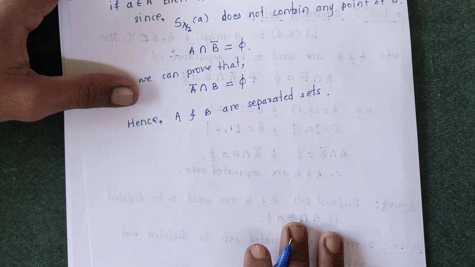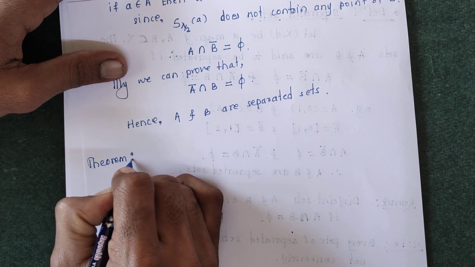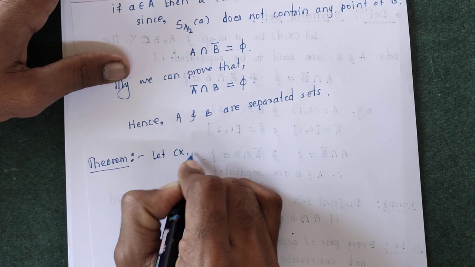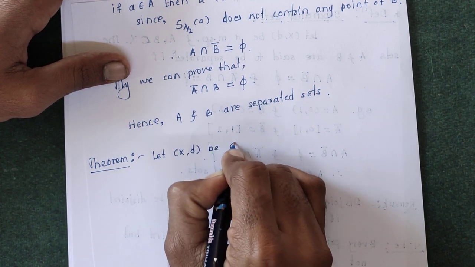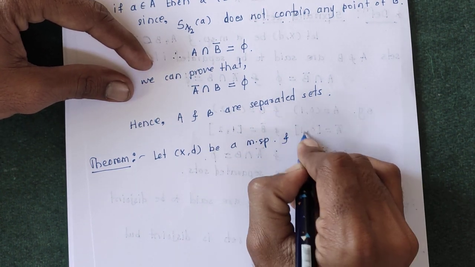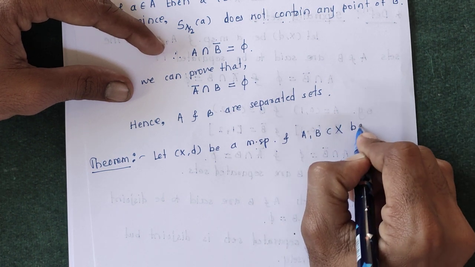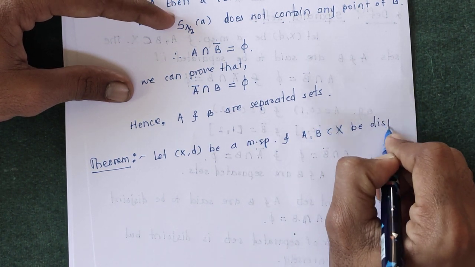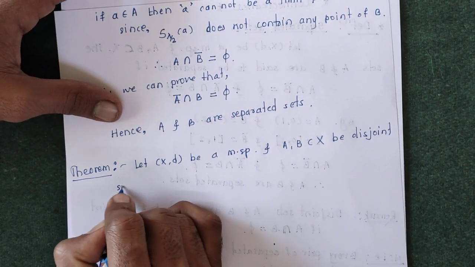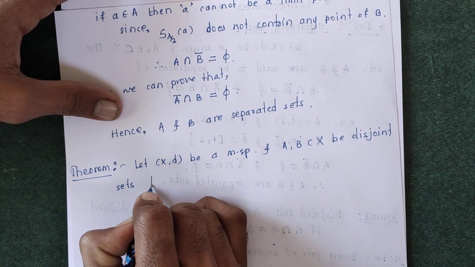Now the next theorem is: let (X, d) be a metric space, and A, B are subsets of X, and A and B are disjoint sets. Disjoint means their intersection is empty. A and B are disjoint sets. Then